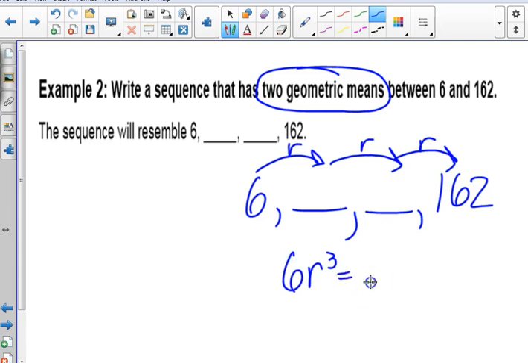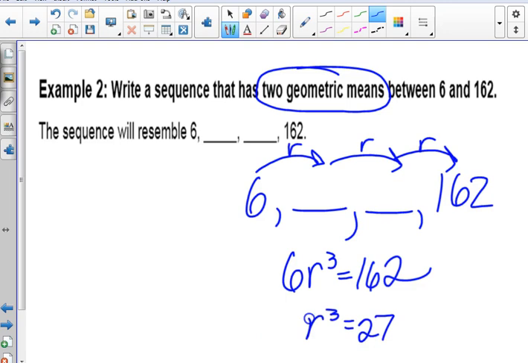Then I cry a little. Then I do one with 2, I do one with 3 till I figure out the pattern and make sure that I know it's one more than the number of blanks, right? Okay, so if there's 2 blanks, we multiplied by R 3 times to get to that last one. So 162 divided by 6